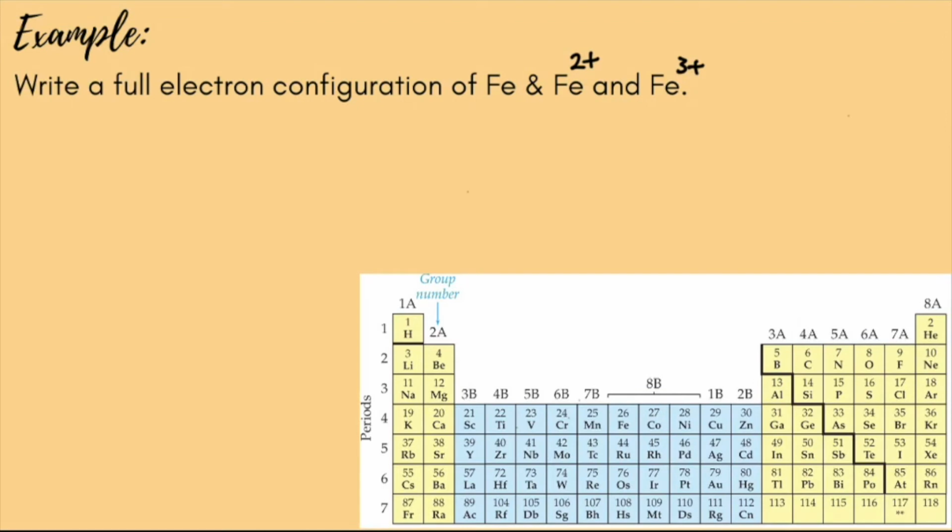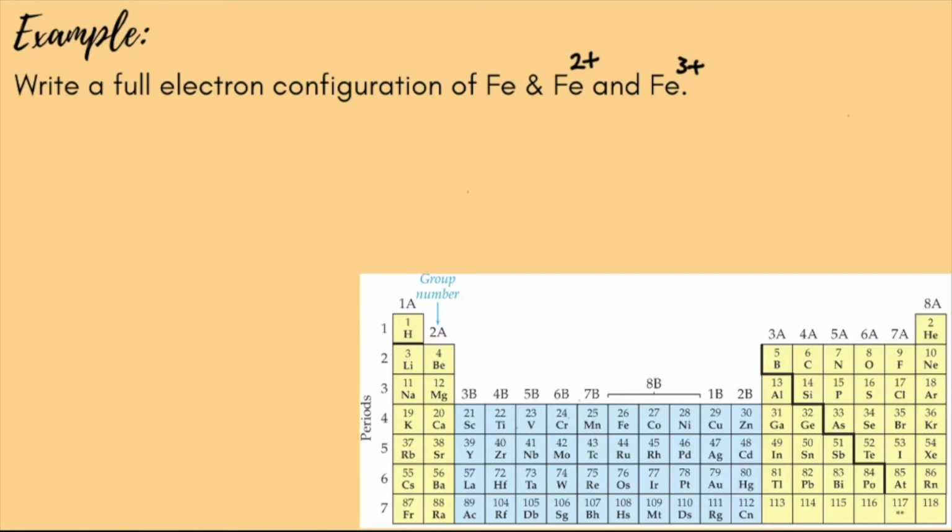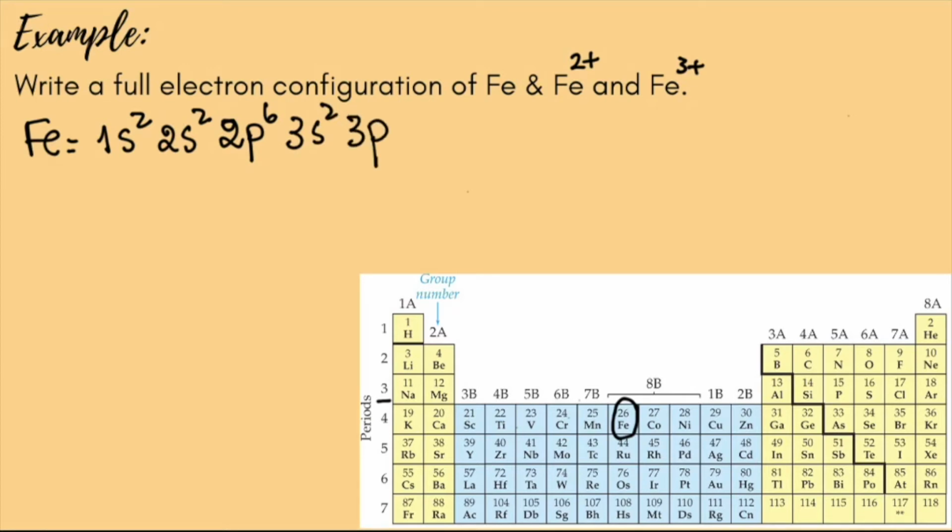Okay, so another example: write a full electron configuration of iron 2+ and iron 3+. You can pause for a minute and try this yourself. Like the example we just did, iron is right here, so we can start doing our electron configuration. Fe: 1s2, 2s2, 2p6, 3s2, 3p6, and then